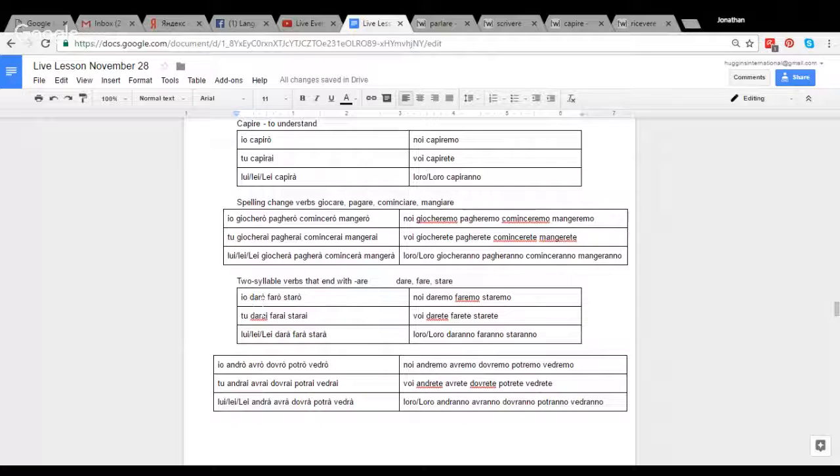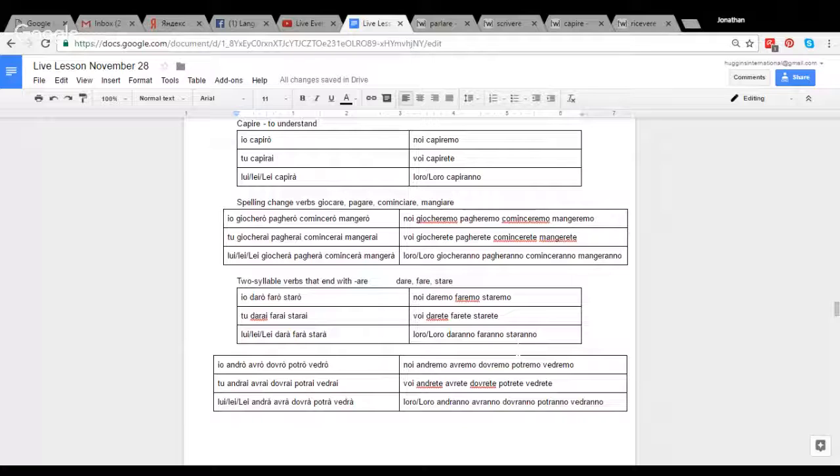So darò, farò, starò, darai, farai, starai, darà, farà, starà, daremo, faremo, staremo, darete, farete, starete, daranno, faranno, staranno. And those are similar to what you would have for the conjugation of essere, which would be sarò, sarai, sarà,